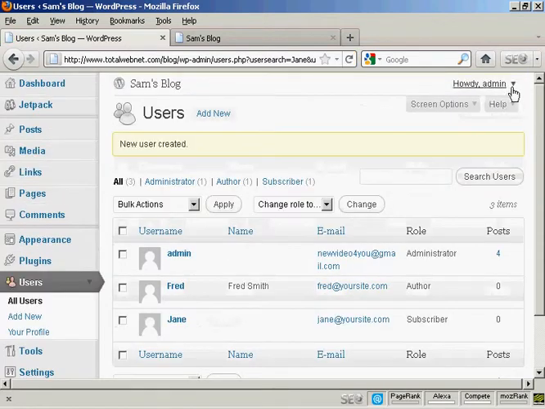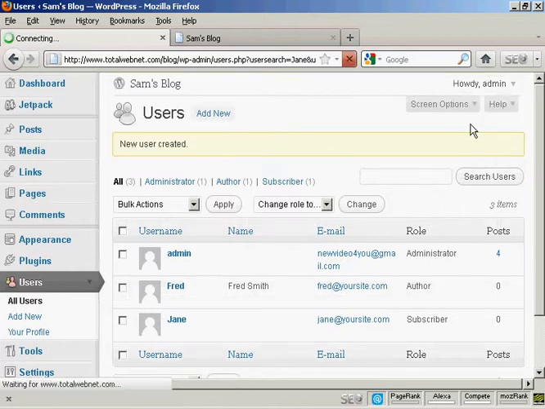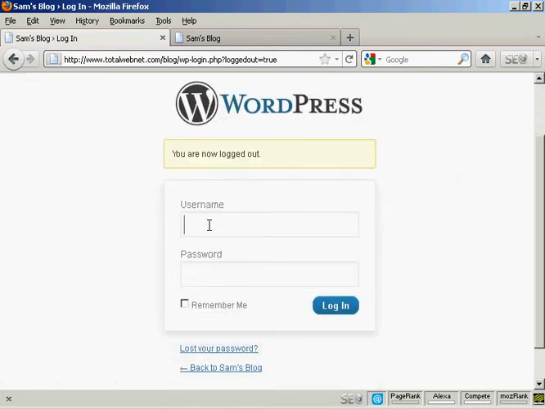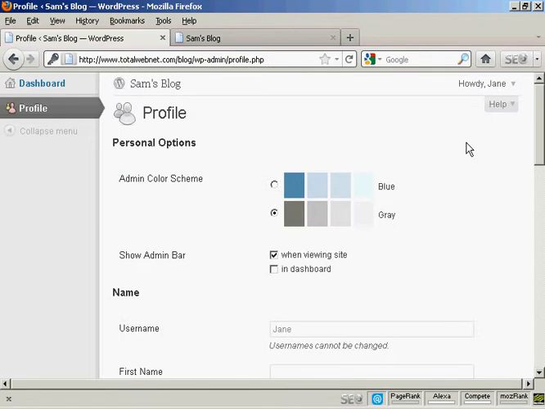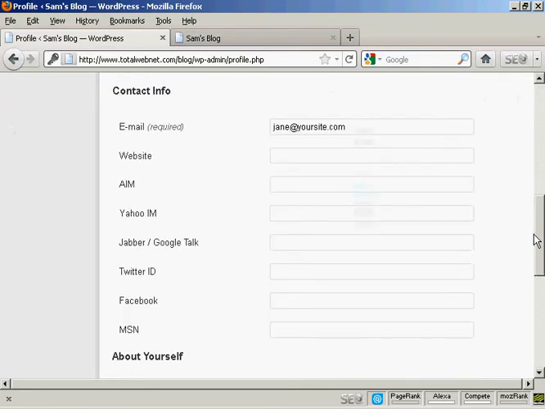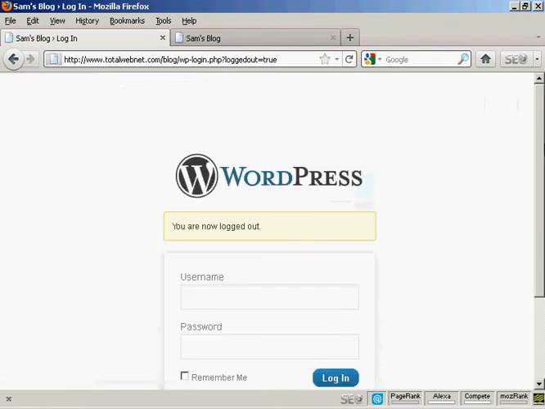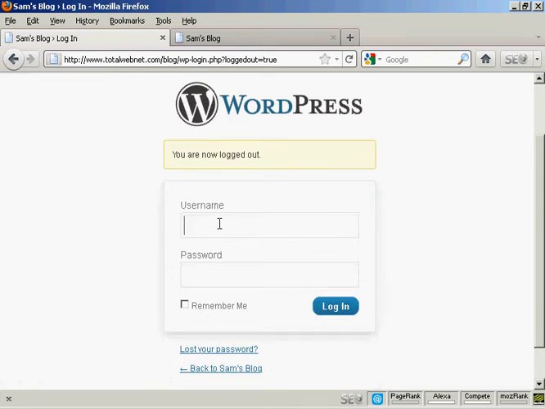Okay, I'll just log out. And there we are. And I can log in again as Jane. And there you go, you can see that Jane's options are very limited indeed. All she can do is update her profile and her contact information. Okay, if I just log out again, and log in as administrator,